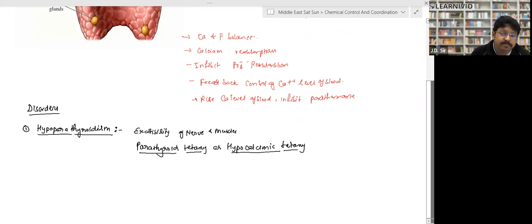But in hypoparathyroidism, what is the tetanus? Tetanus is jamming of the muscles, like the person won't be able to move the jaw, right? Next is